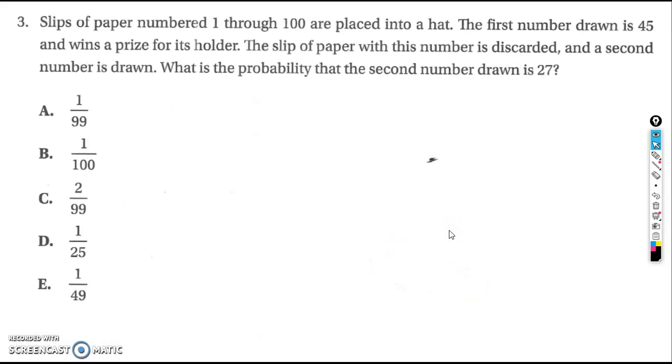Here's another example that comes from both Algebra 1 and Algebra 2. It's asking about probability. This one's considered a simple probability question because you can answer this question in one step. You don't need a calculator. You don't even have to do any math, really. And you're going to be able to pick your answer out correctly as long as you know about probability,